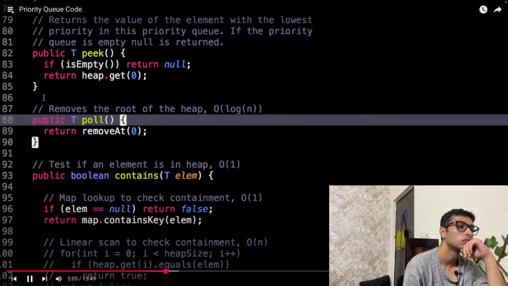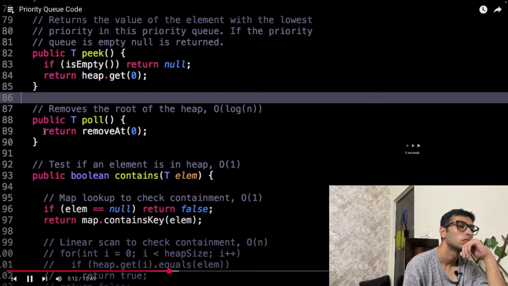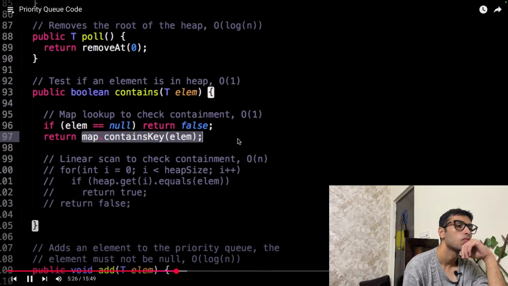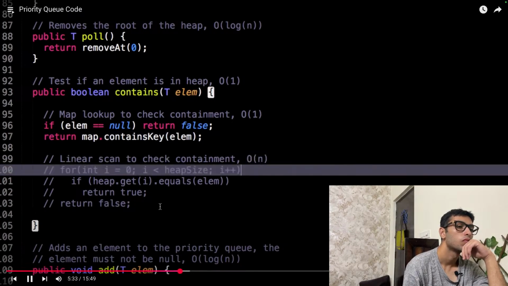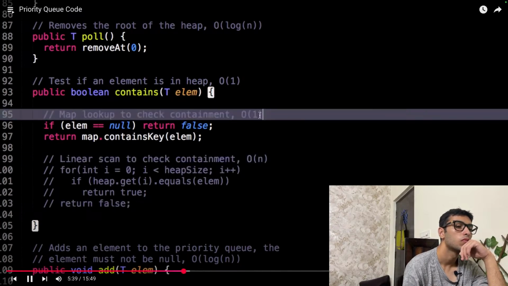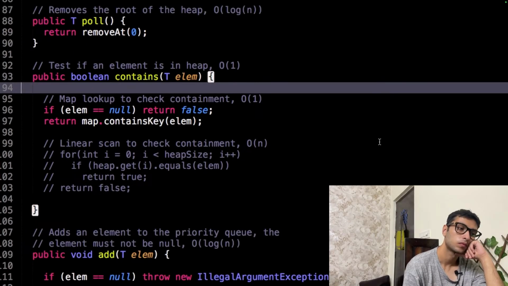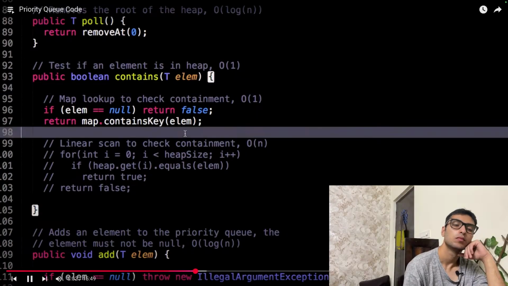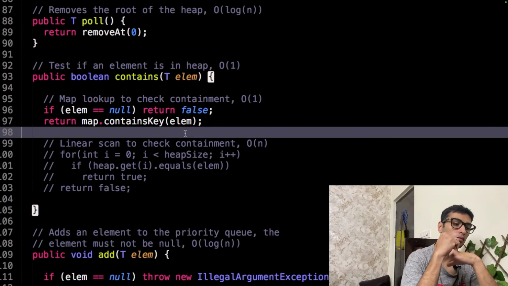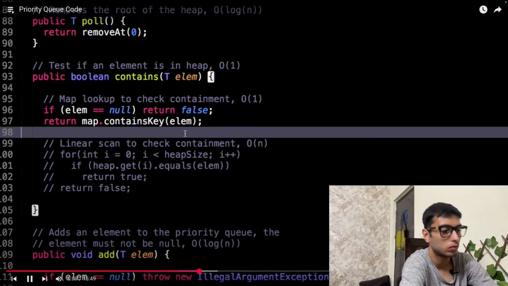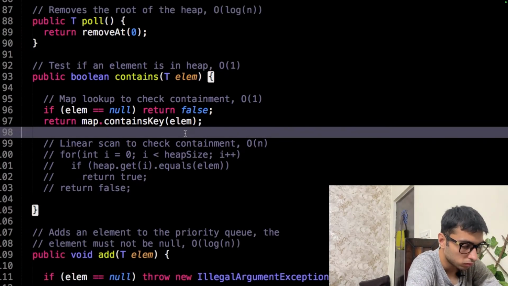Similar to peek, except that we're going to add where next contains. Because we look up in the map to see if the element is there, we have constant time, which is maintained where possible. Although the map does add a lot of constant overhead. Personally I find that the overhead is quite a lot, and I usually don't really remove things very frequently from maps, so it might not be entirely worth it.